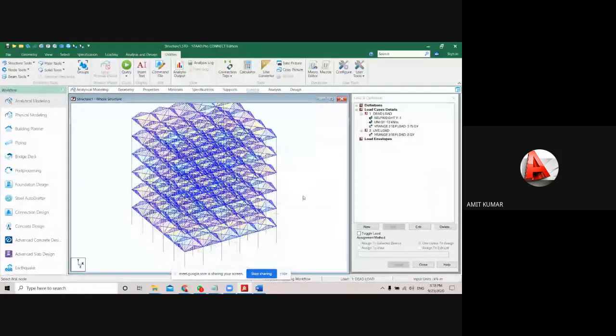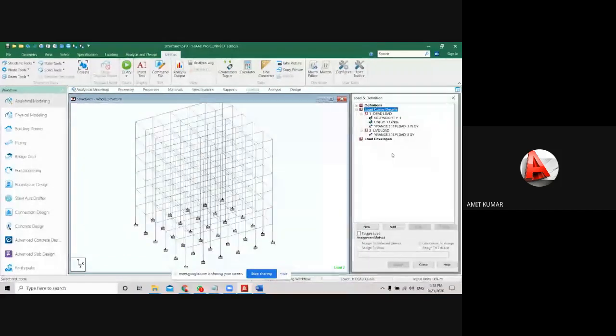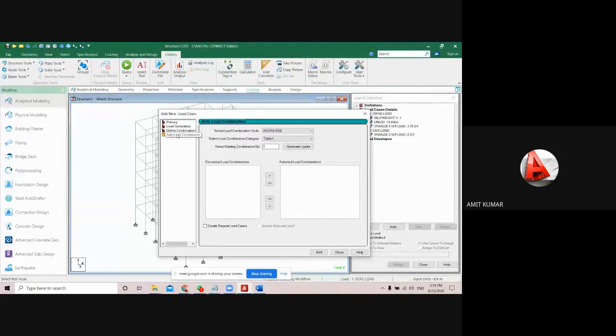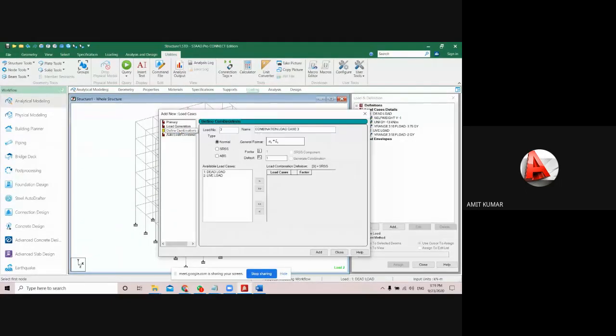Now create the combinations from the auto load combination. We have one more thing, the defined combination. If I don't want to use the software generated combination, in that case we can use the defined combination. Here we have to provide the factor values, like in the auto load combination there were 1.5, 1.2, 0.9 values. Same in the defined combination, you have to first select the load on which you want to apply the factor. Then you have to provide the factor value.